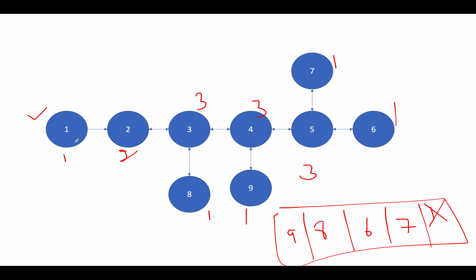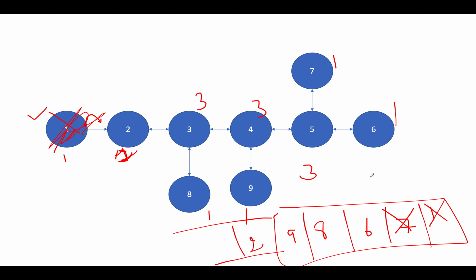So 1 gets extracted from the queue, and what do I do? I go to its immediate connection from 1, and I see 2. I'll go and reduce the degree of 2 to 1, and I'll delete this node. So this node is gone forever. Also, there is an update. The degree of 2 has been updated to 1. So again, I'll add this node into my queue. So 2 gets added. Let's proceed ahead.